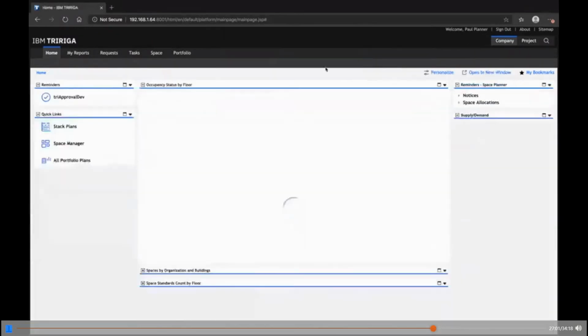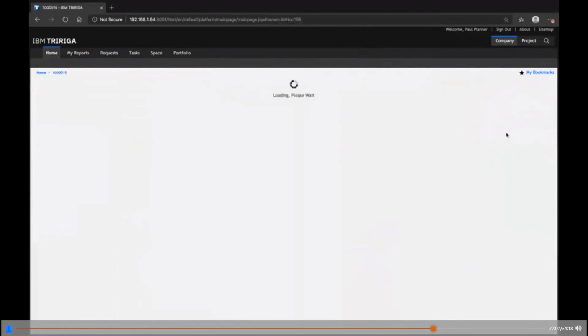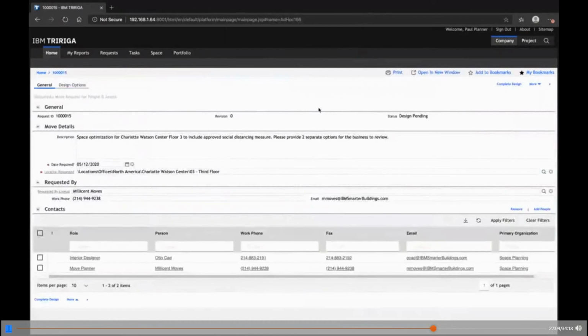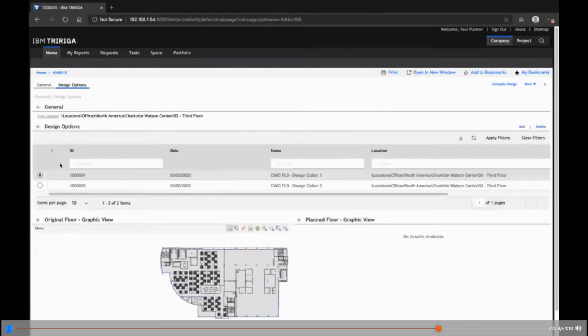In addition, when we looked at that move project in that case, we needed to have a design change request. The floor plan layouts needed to be changed to tie into other information. So my move planner asked my interior designer, or maybe an outside firm, to give me some different design options for this floor plan. So in this case, they are giving me a couple different design options for this floor